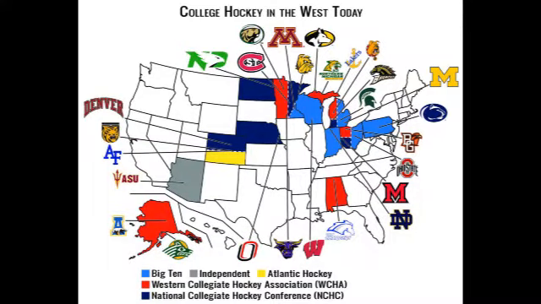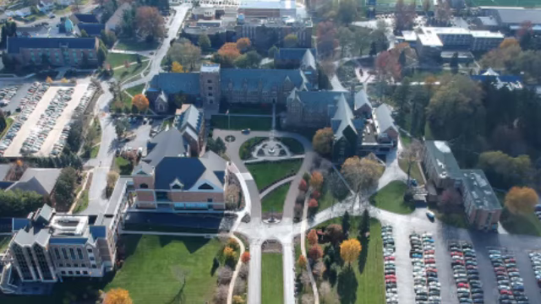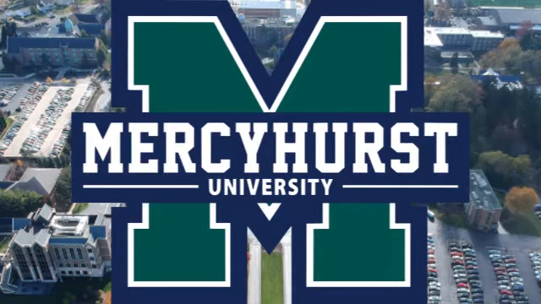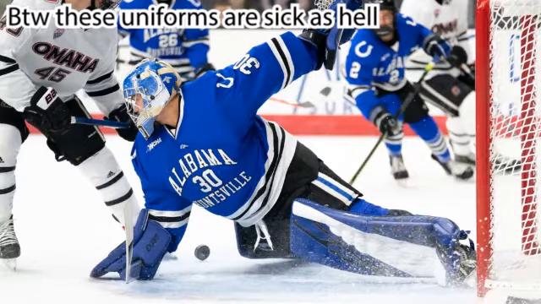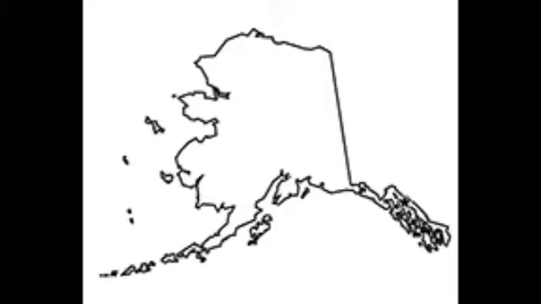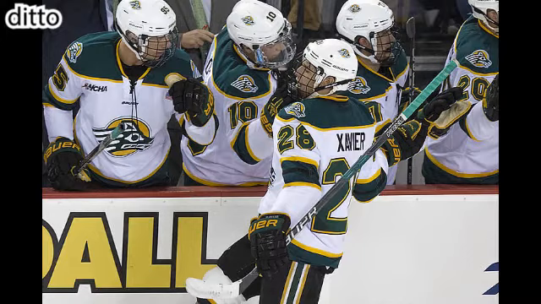Chapter 3.5, Hockey. College hockey has a very weird geography, with teams just kind of scattered at random. Division II does not sponsor hockey, so a lot of Division II teams go and play in Division I. And a lot of Division III teams also do that, even though Division III also supports hockey. Some of these schools are in places you'd expect, like Mercyhurst, who's a Division II school playing hockey in Division I, and they play from Erie, Pennsylvania. You have a team like Alabama Huntsville, playing from Huntsville, Alabama. Hockey, it's bizarre. As well as two teams in Alaska, Alaska Fairbanks, and hopefully still Alaska Anchorage.